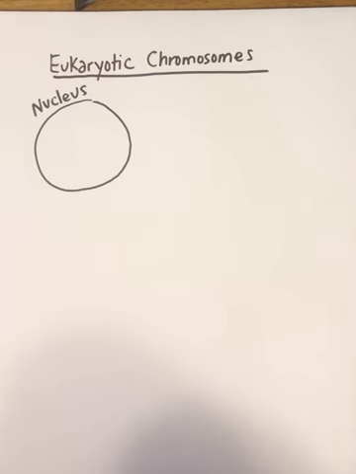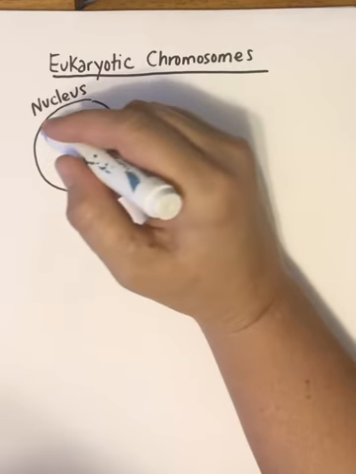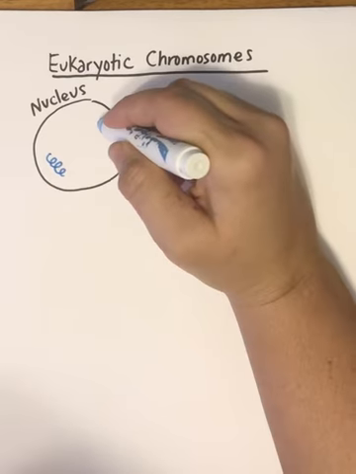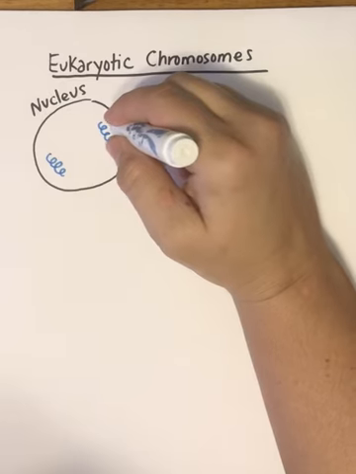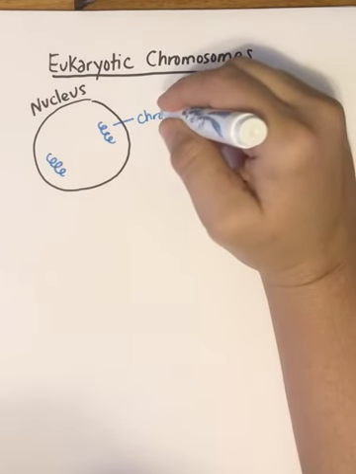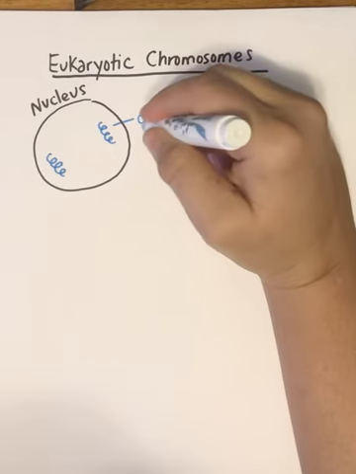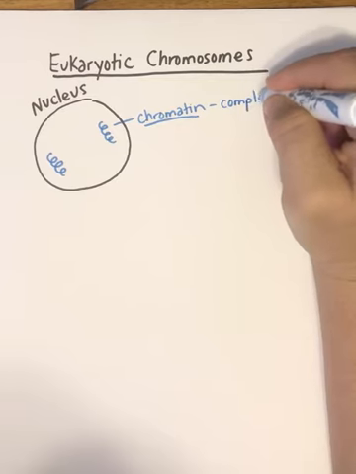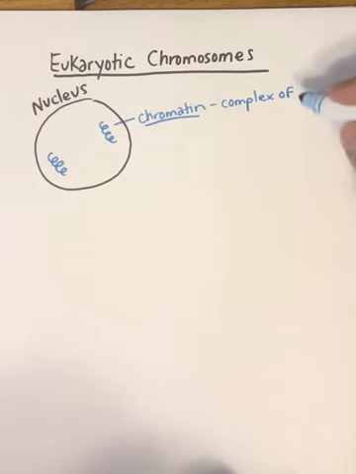So technically, the nucleus is the powerhouse. I'm not going to draw a full cell, but the location of chromosomes is within the nucleus. Now, if we were looking at a chromosome, typically, like in the cell models, we learned that the chromosomes are condensed to fit. When a chromosome is condensed to fit within the cell, we call that chromatin. Chromatin is going to be the complex of DNA, which is found in chromosomes,